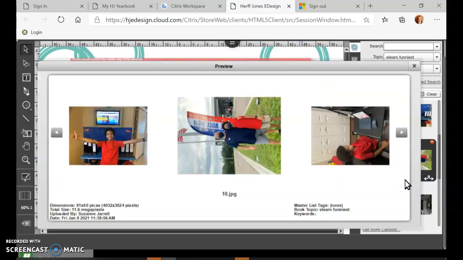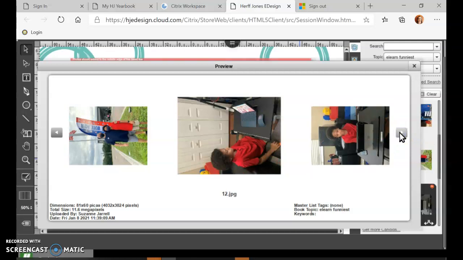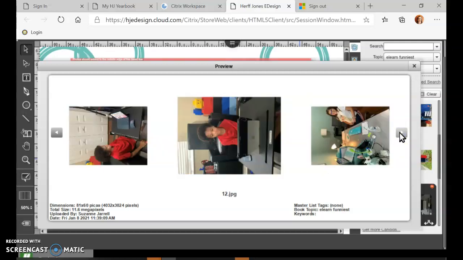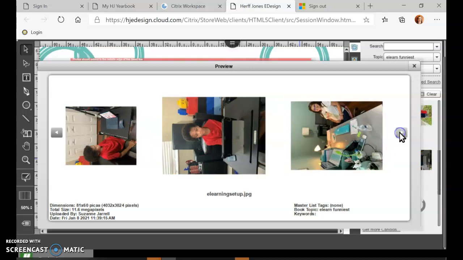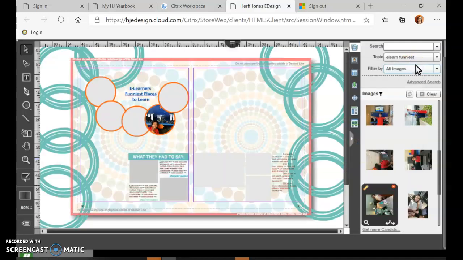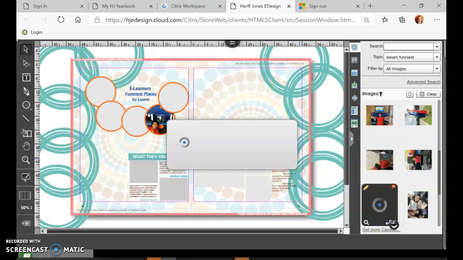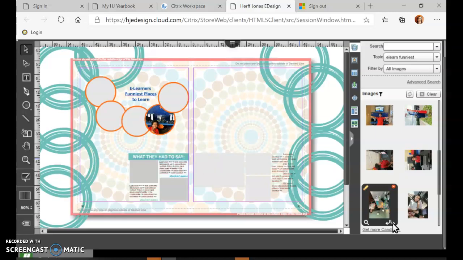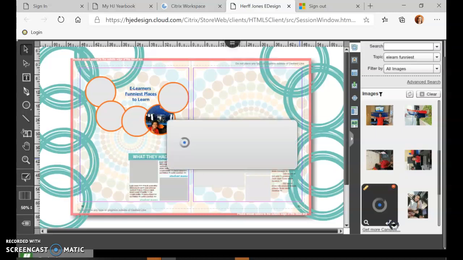This one. This looks like it's all pretty much the same guy. Oh, here's another one. Okay, so now this one works because it is turned to the side. So see here how you have these arrows. If I click these arrows, it will turn the picture before you even put it in your